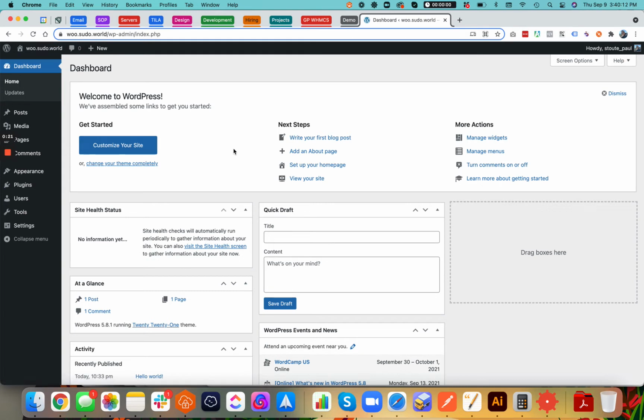What you can see here is our WordPress dashboard. This is what you would typically find when you very first install WordPress. So we're going to run through making sure that WordPress is all configured, making sure that we get WooCommerce installed and configured today. And then on the next video, what we'll run through is configuring your WooCommerce settings, adding a product, etc. So the very first thing we want to do is go into your plugins, and we're going to